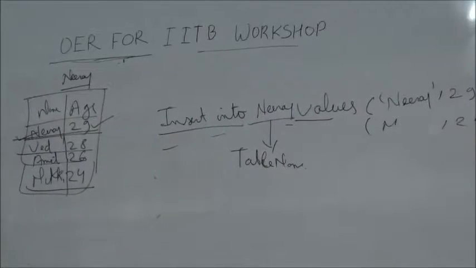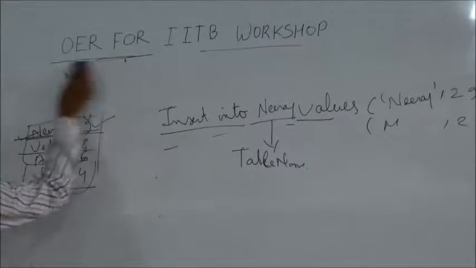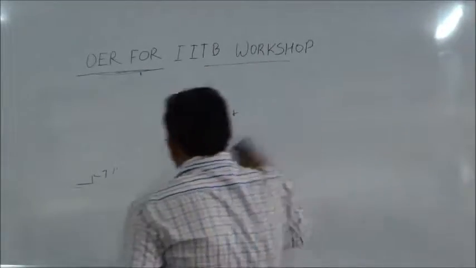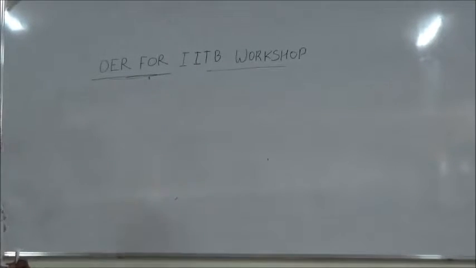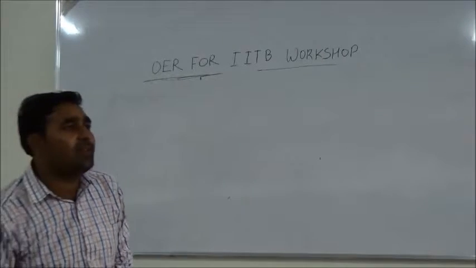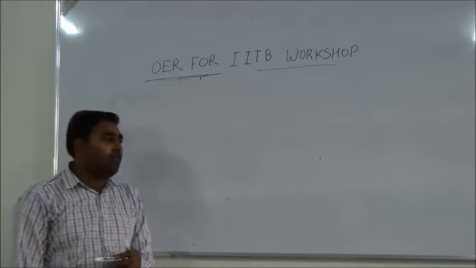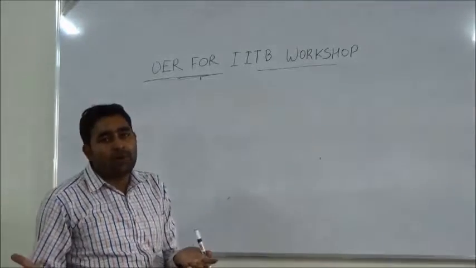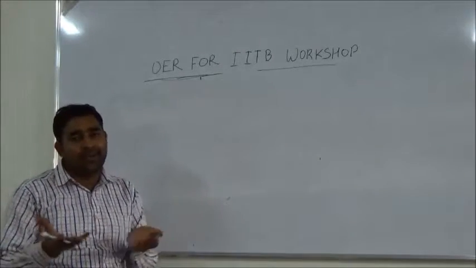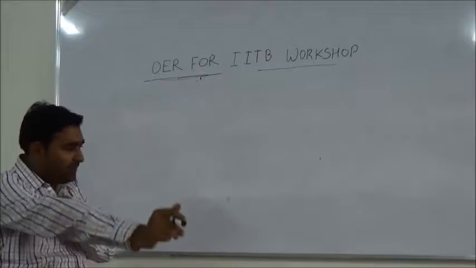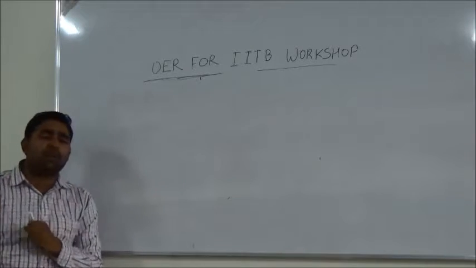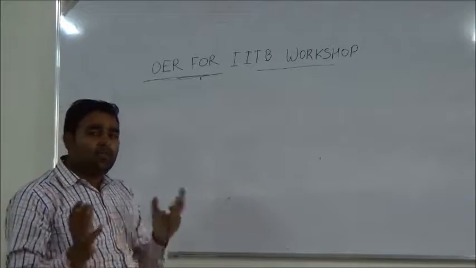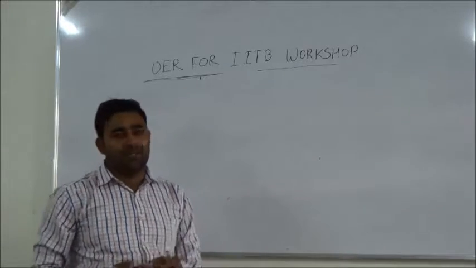Now the third thing that comes to mind: how can we relate two tables? If we take the definition of a database, a database is a collection of interrelated data, and when we study relational databases, we always say it is a relational model, which works on relations where two relations are related. As we have already seen in the previous lecture, we have some constraints like primary key and foreign key. With the help of primary key and foreign key constraints, we can relate two relations.